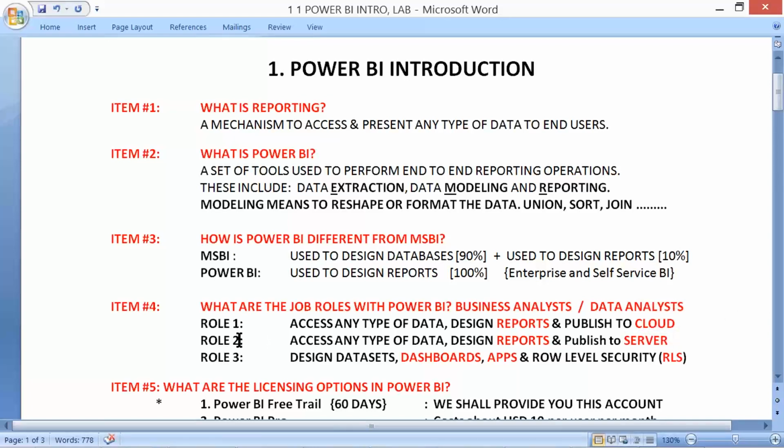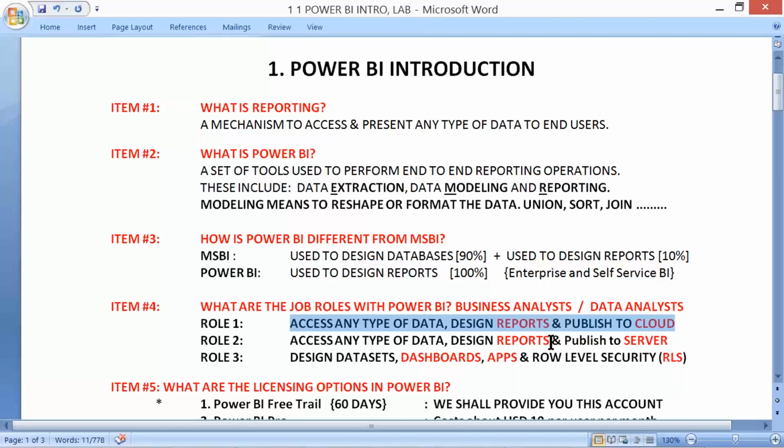So our job roles accordingly, for the data analysts, involve accessing any type of data, designing reports, and publishing to cloud. We say Power BI cloud is available 24/7 across the globe.